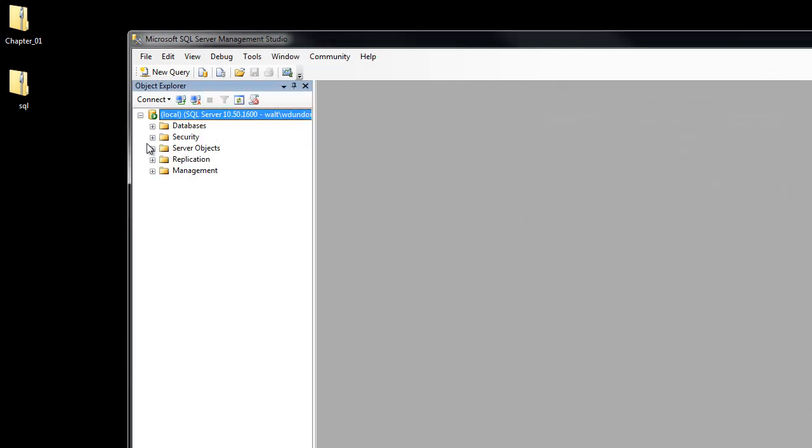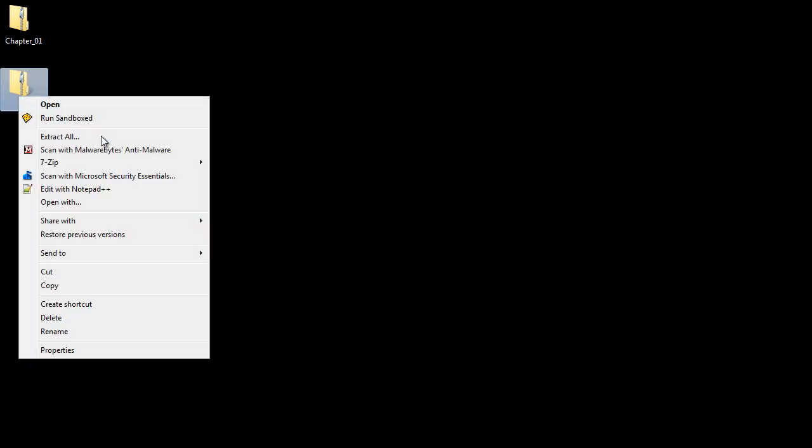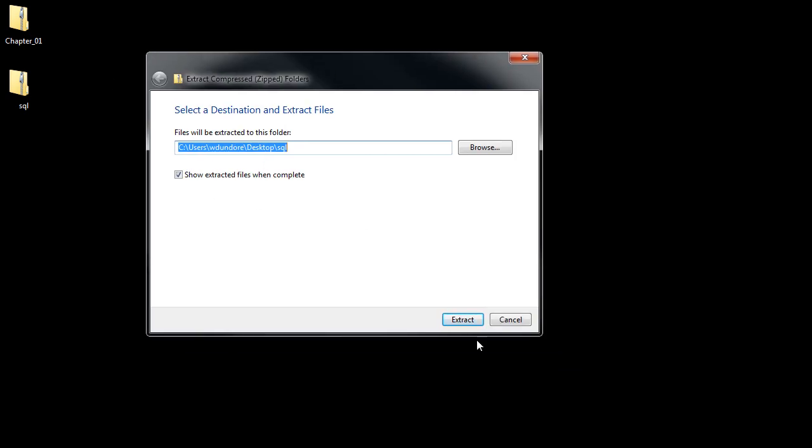click Connect. If it's installed correctly, you should see this right here where you've got a list of databases, and it's connected. If it gives you any other kind of error, it means there's something wrong and it's not connecting properly. So once you get that taken care of, what I want you to do is to get this SQL